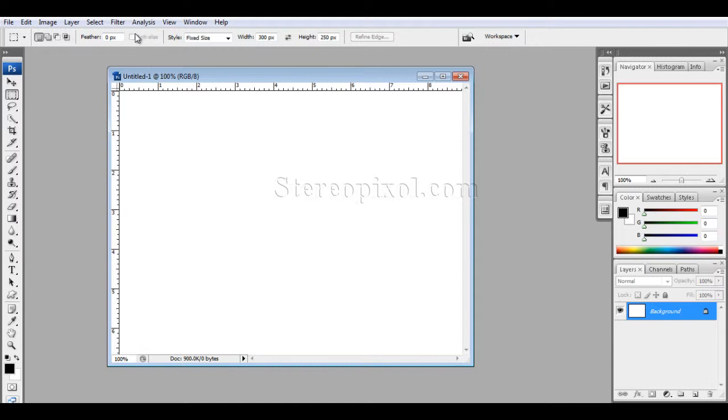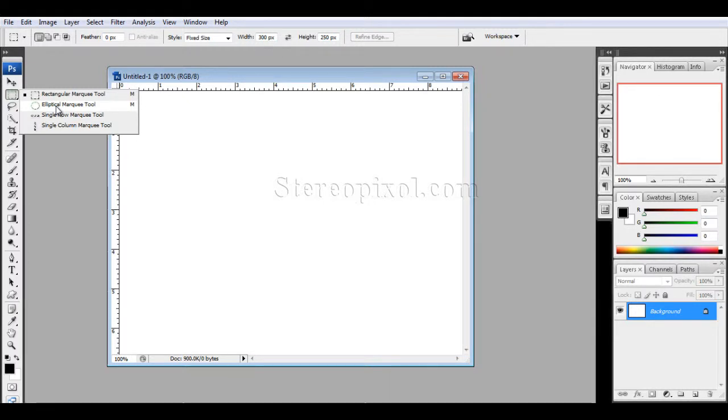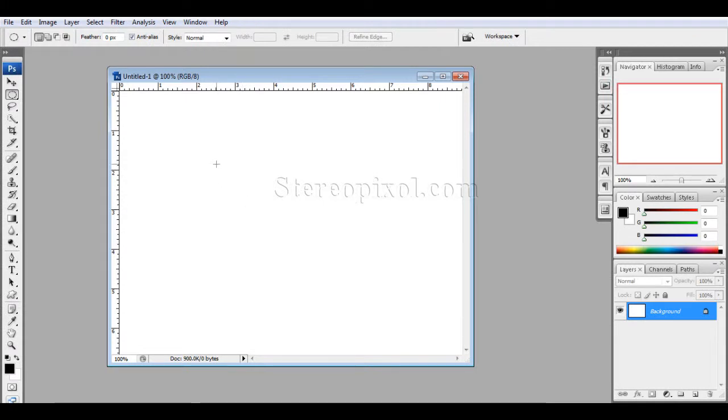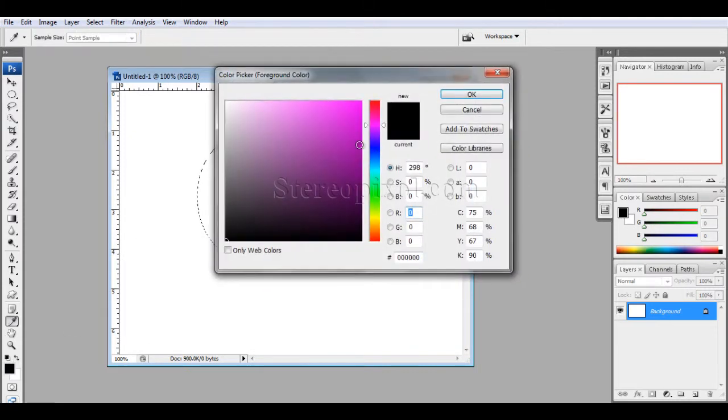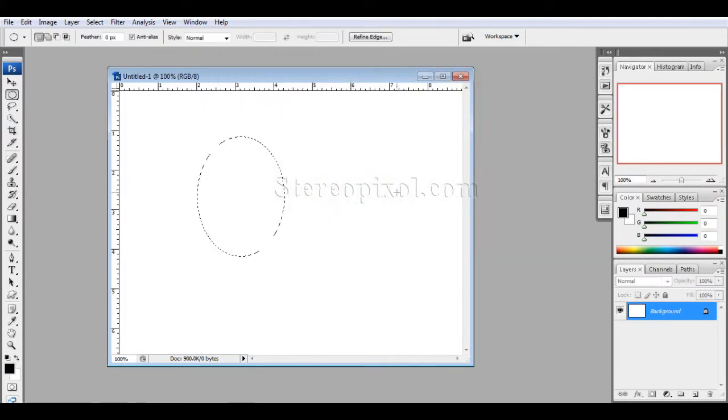Now let me explain what anti-alias is. When we are using the rectangular marquee tool, you cannot understand what anti-alias is. For that you have to switch to the elliptical marquee tool, because anti-alias cannot work on rectangular selections. Now if you select an area and fill it with a color, let's say red,